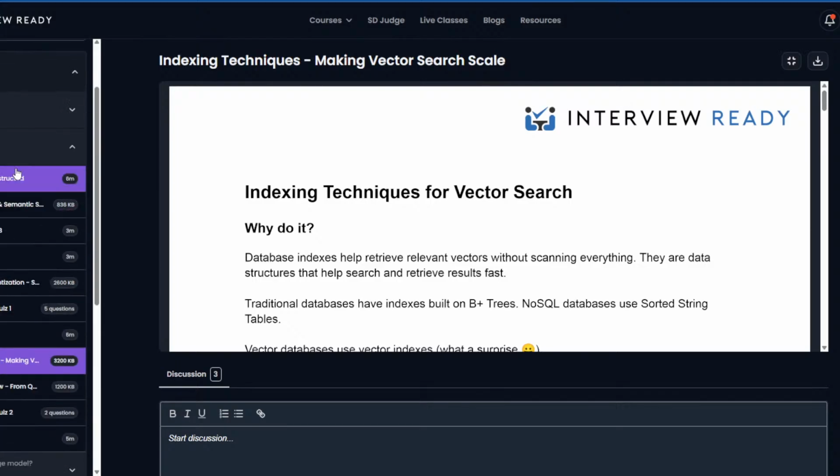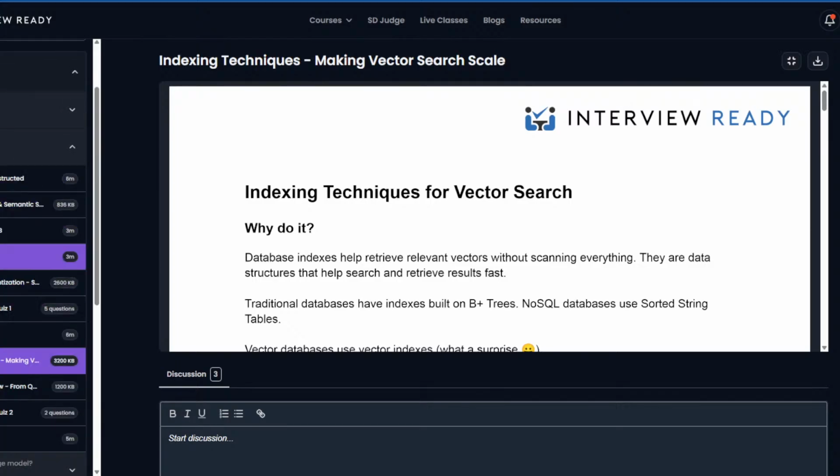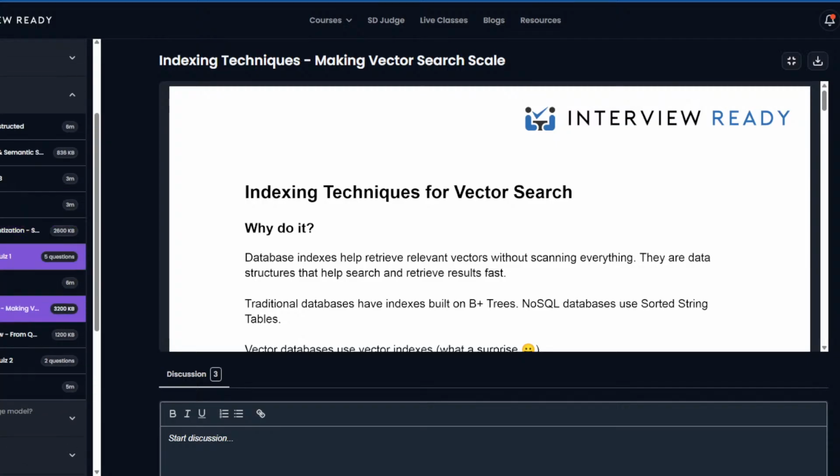Here you can see that we have vectors. There's a lot of detail in which we have explained what vectors do, how they are searched, how they are compressed, how they are stored, and how indexing is done on them.